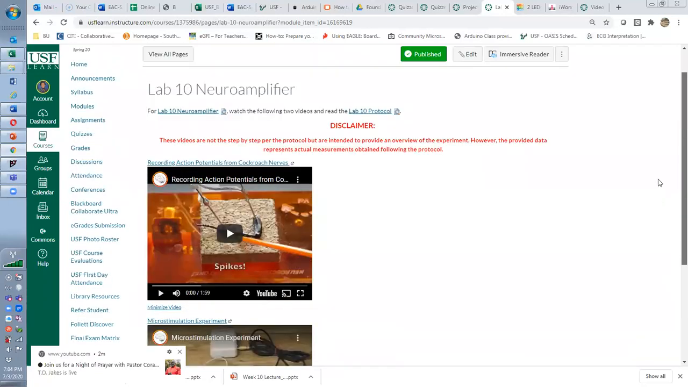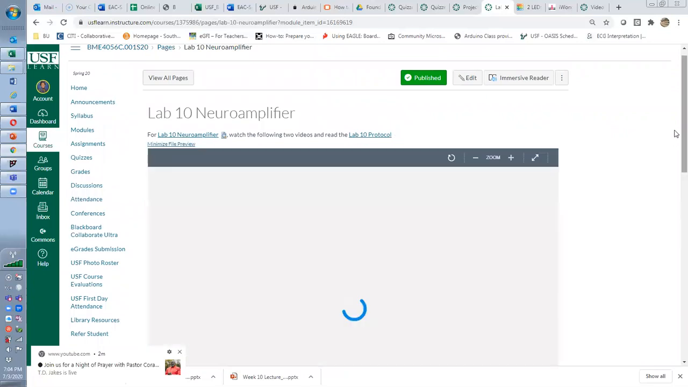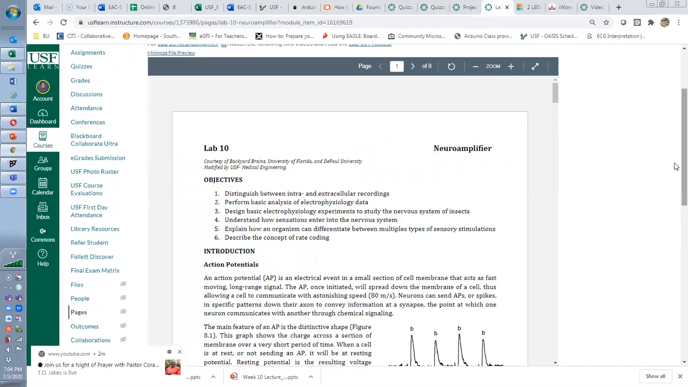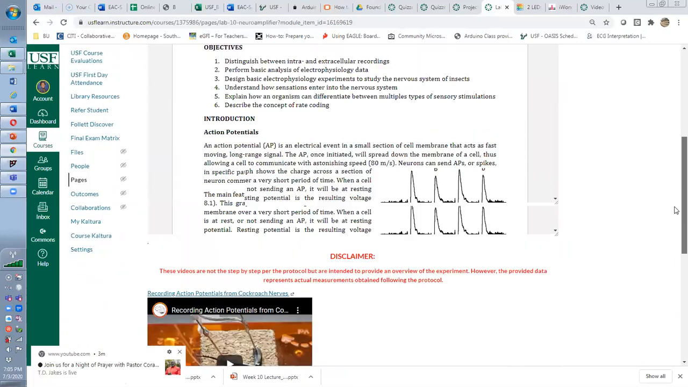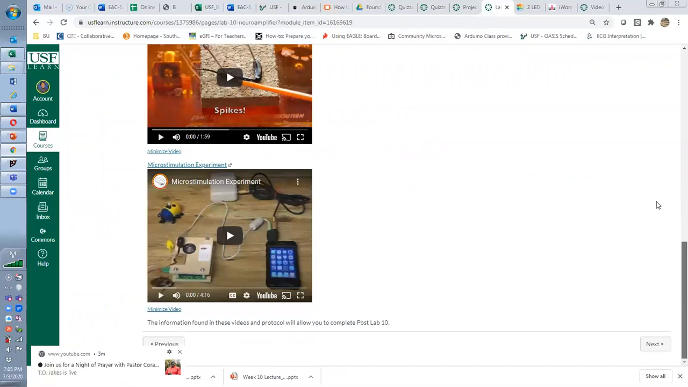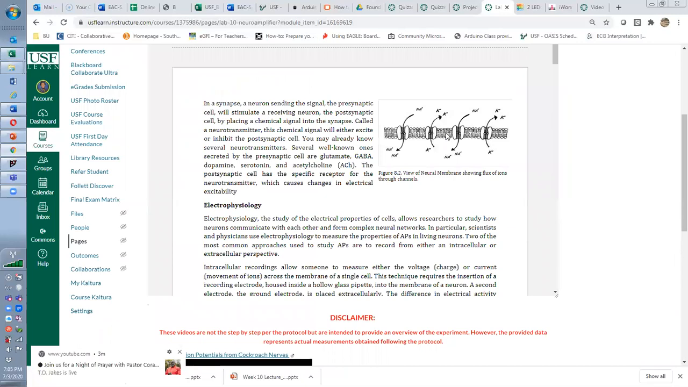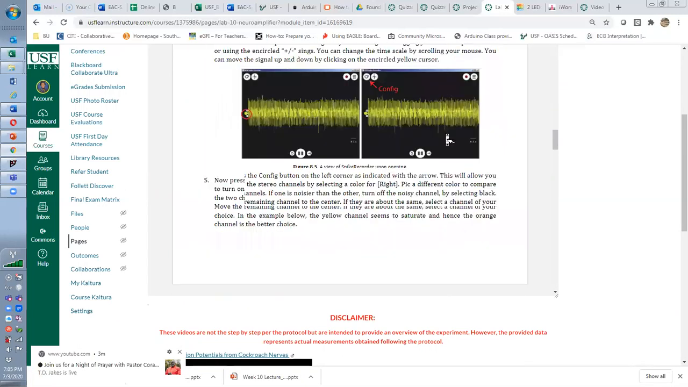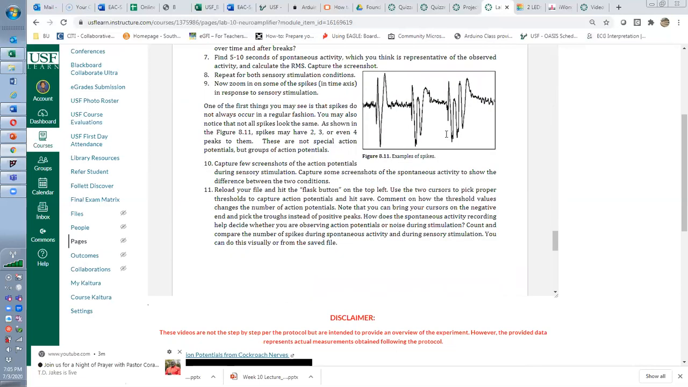Students were able to watch the tutorial videos, and a protocol was given such that if they had the particular materials at home, they could follow it and measure the nerve conduction of a cockroach. After that, students were given actual data from a previous cohort, and they were expected to use that data to complete the post-lab for that particular